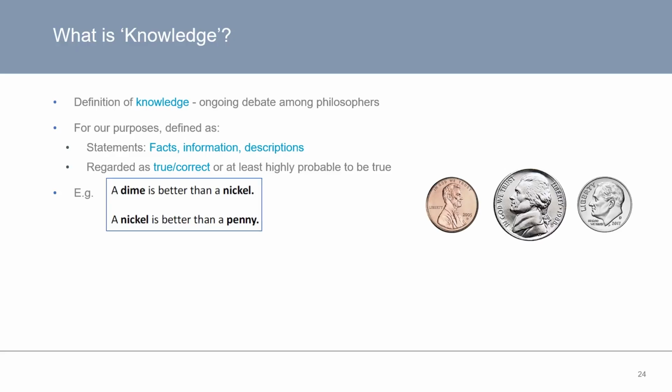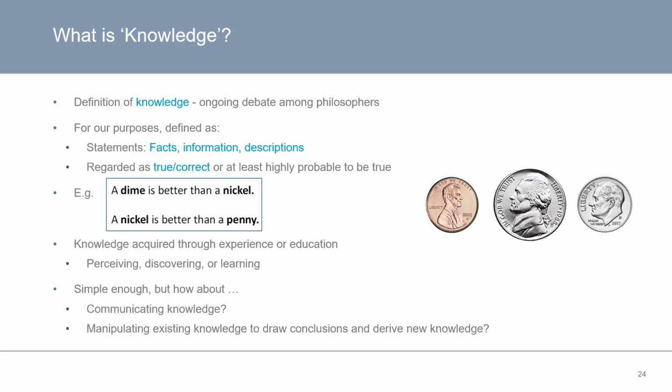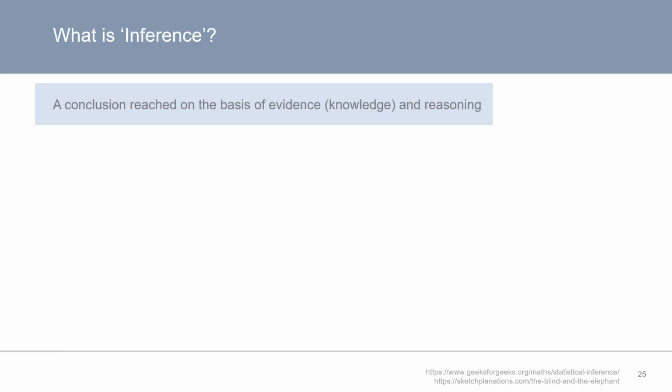As a very simple example, some knowledge might include the statement that a dime is better than a nickel, and a nickel is better than a penny. Such knowledge is acquired through experience or education through perceiving, discovering, or learning. This may seem simple, but what about communicating knowledge, or manipulating existing knowledge to draw conclusions to be able to derive new knowledge? This brings us to the term inference, which is defined as a conclusion reached on the basis